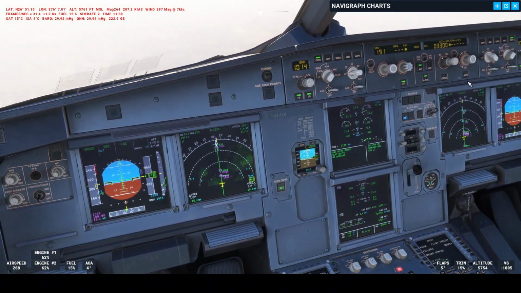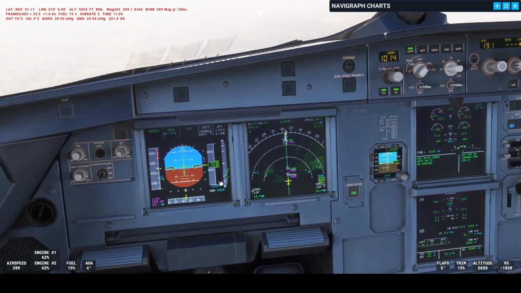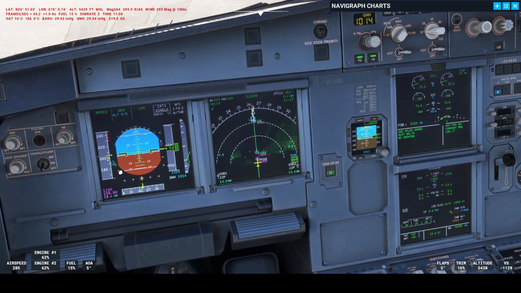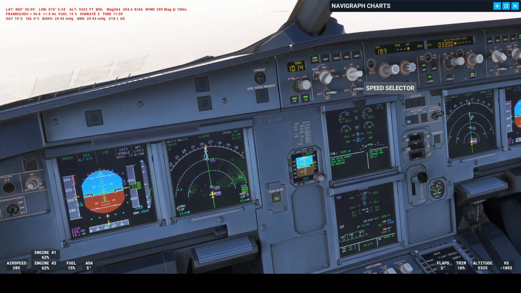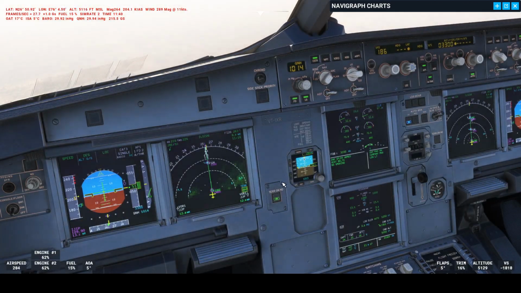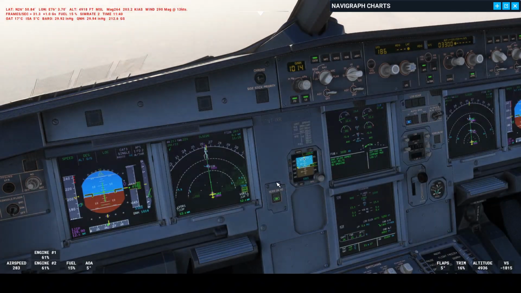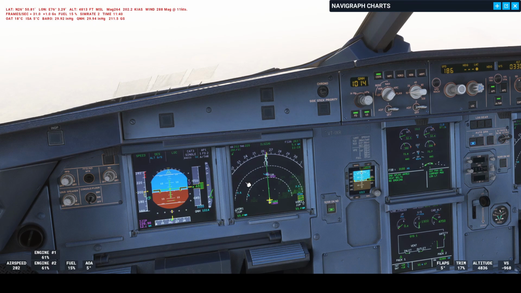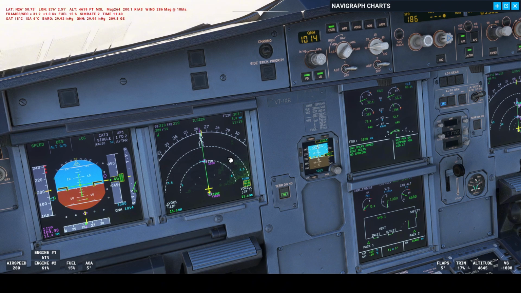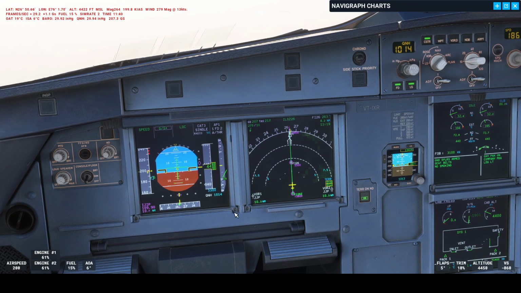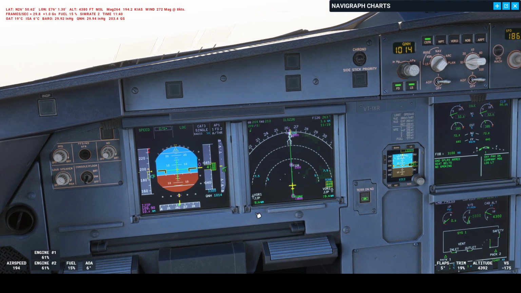And we can now arm the approach. And we're still a wee distance from the airport, so I'll just dial it back to 190 or 185. They're almost matching, like for the ILS and the VOR, so